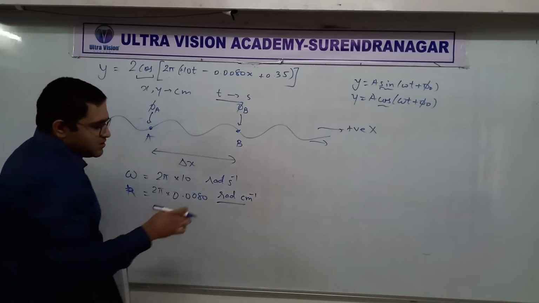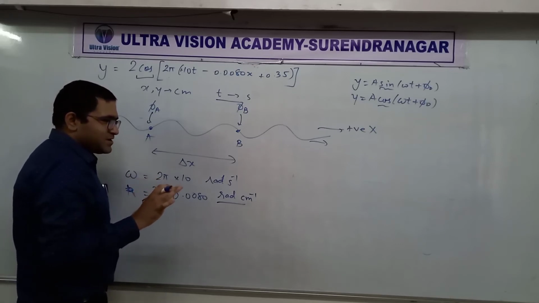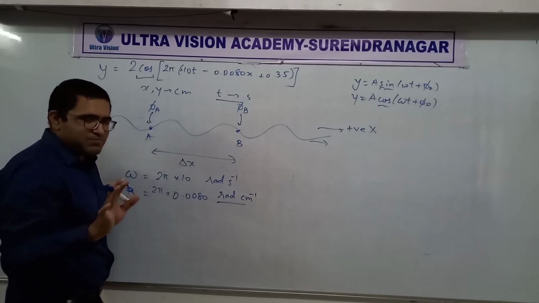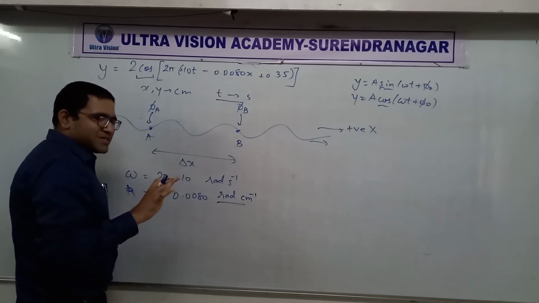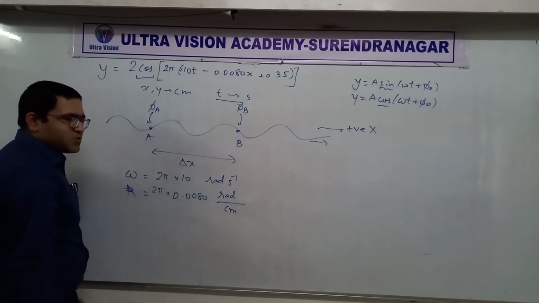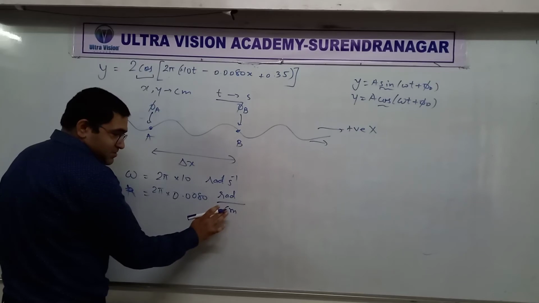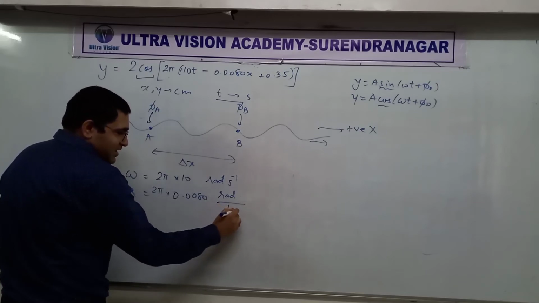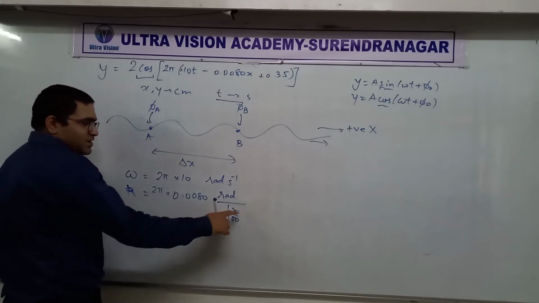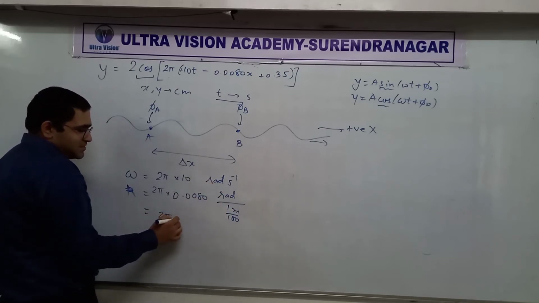So this radian per centimeter, we can convert it to meter. Not compulsory. Remember, not at all compulsory. But sometimes it's better to use SI units. So per centimeter means upon centimeter, correct? So now I have to convert centimeter to meter. So 1 centimeter can be written as 1 meter divided by 100. Is it clear or not clear? Centimeter means 1 meter divided by 100. So this 100 will be multiplied in the numerator.